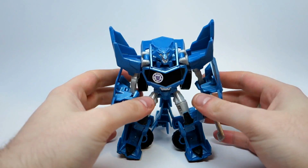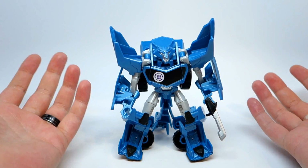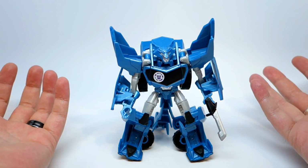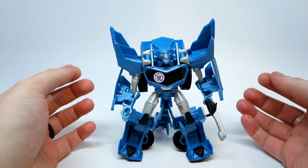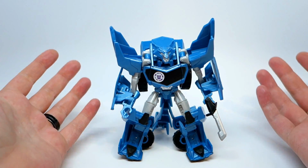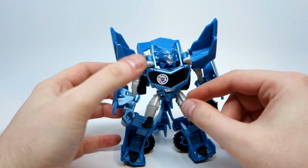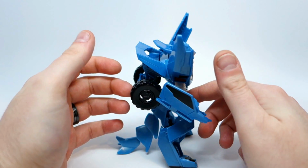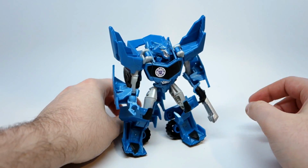My final thoughts on this guy are probably not as bad as they should be, to be honest. I don't like his arms, I don't like his legs, but I really like the figure. I like his alt mode, I like his transformation, I like the way he looks. I don't know why. For some reason, I'm still putting this in the net win category. I'm not a huge fan of the looseness of some of the joints, and it's a shame that they couldn't have done a little bit more